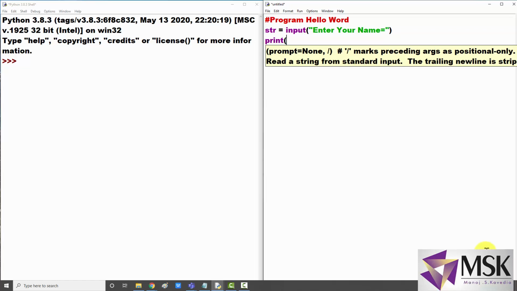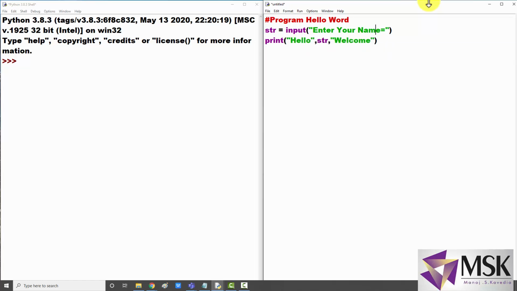Now see, along with print it is giving me all the different options. So this is also interactive. I'll write here hello, str, comma, welcome. So instead of hello world, I'll say hello message. This seems better.